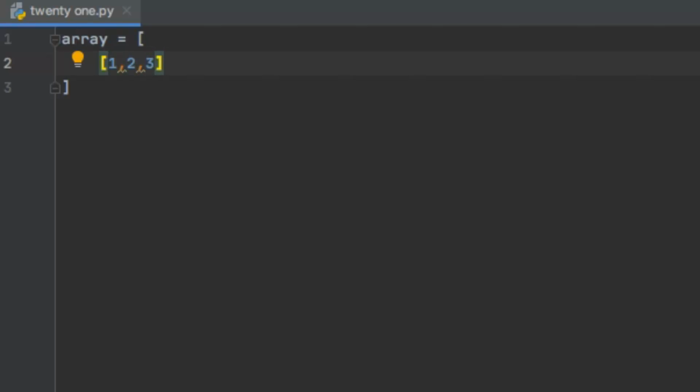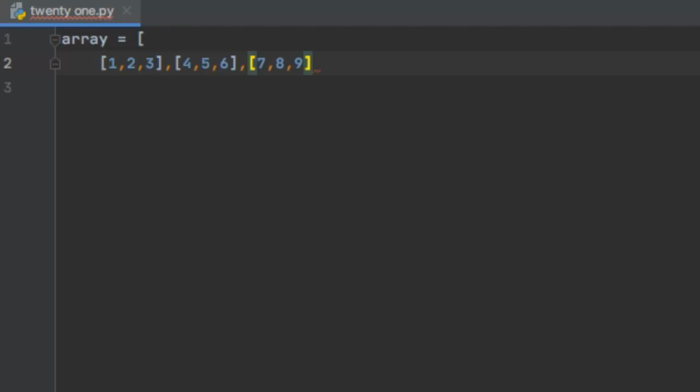3. So this is the first element of my list, which is a list, and to define the second element, I separate it with a comma and square brackets again. So this is 4, 5, 6. And the third element of my list is the third list, which is 7, 8, 9.